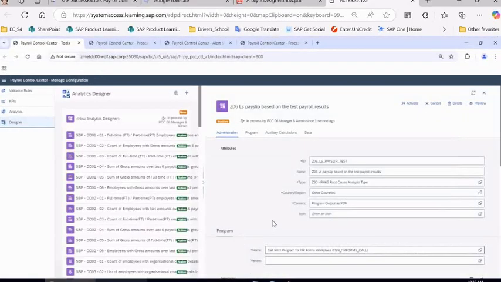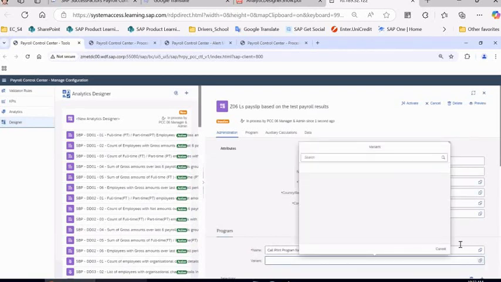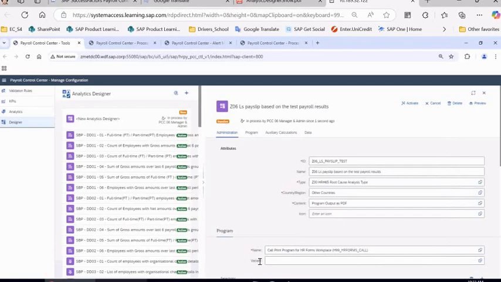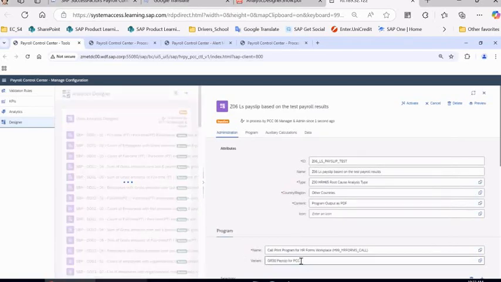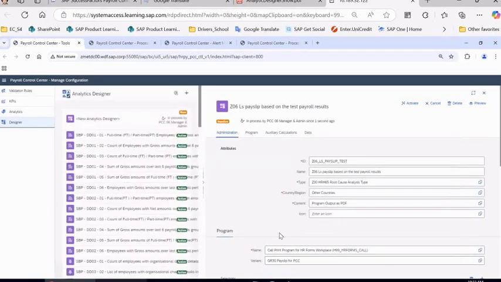So I need to assign the correct variant of this program, and when my user works with this root cause analysis, the system will run the program with this variant, but I need to